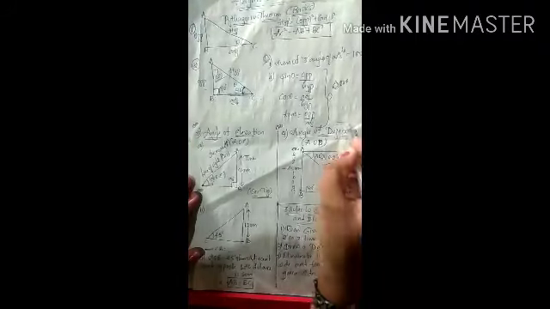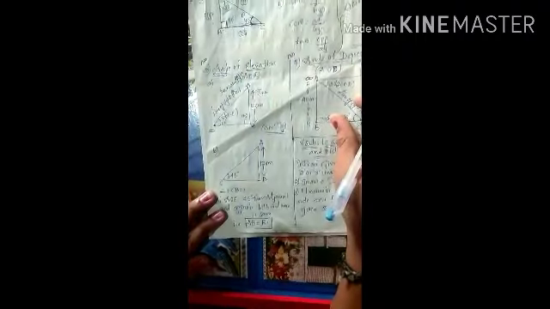Till here you all know already. Now I will tell you two new terms. Listen here: angle of elevation and angle of depression. These both are very important. If you know these two points perfectly, you can do any problem in heights and distances. See, the first one is angle of elevation. What is meant by angle of elevation?